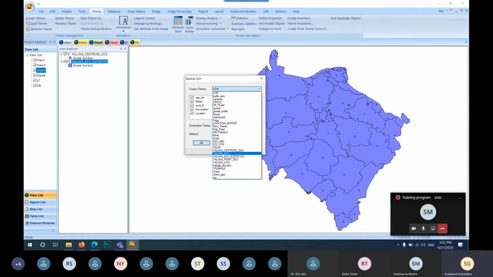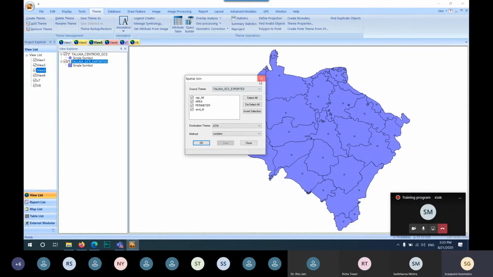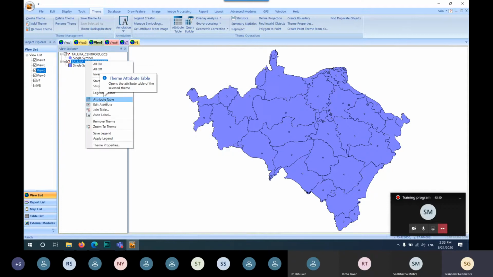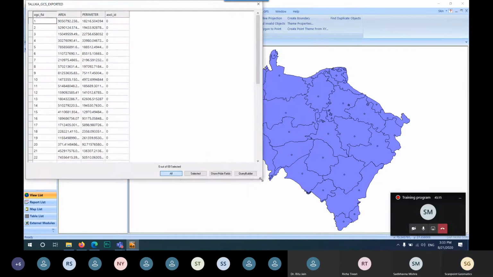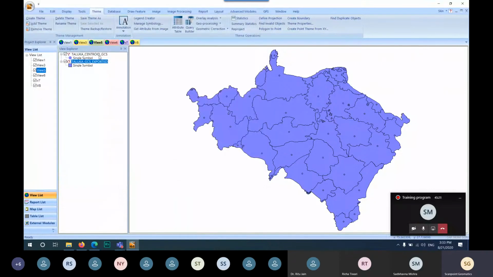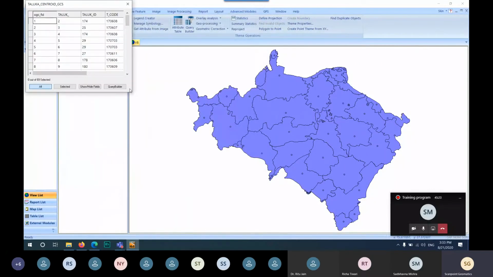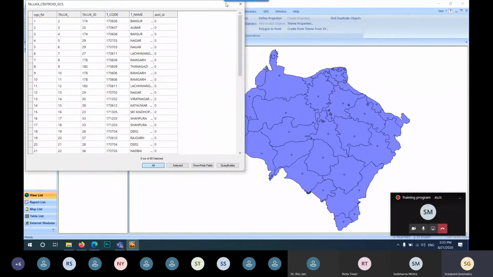Suppose this is my Centroid GCS export and these are the fields. You can also check by using this attribute table info. Yes, area, parameter and this, and also check the attribute table of the point theme.